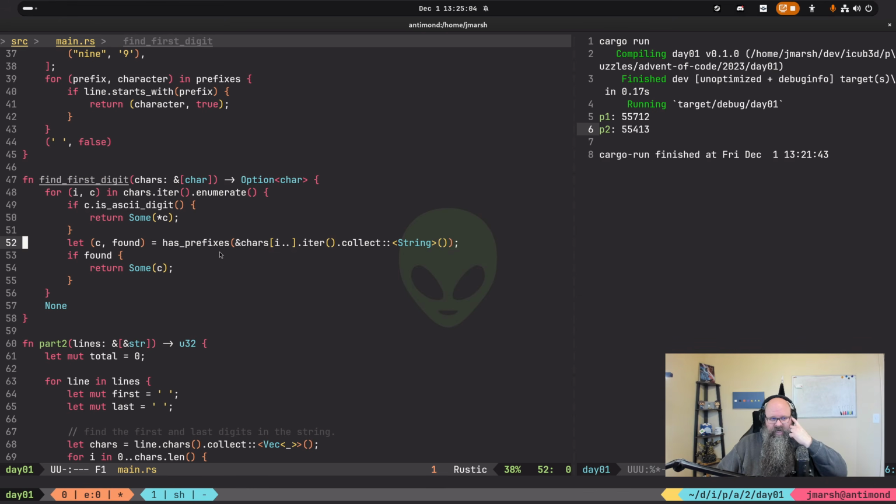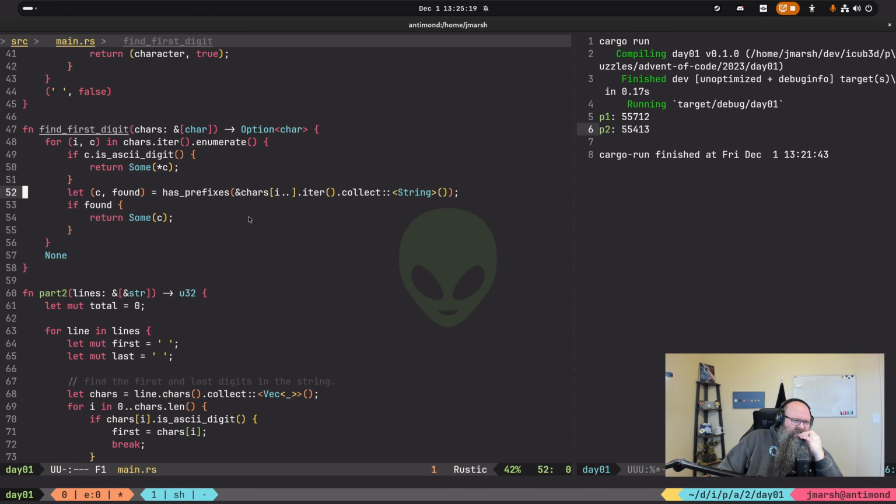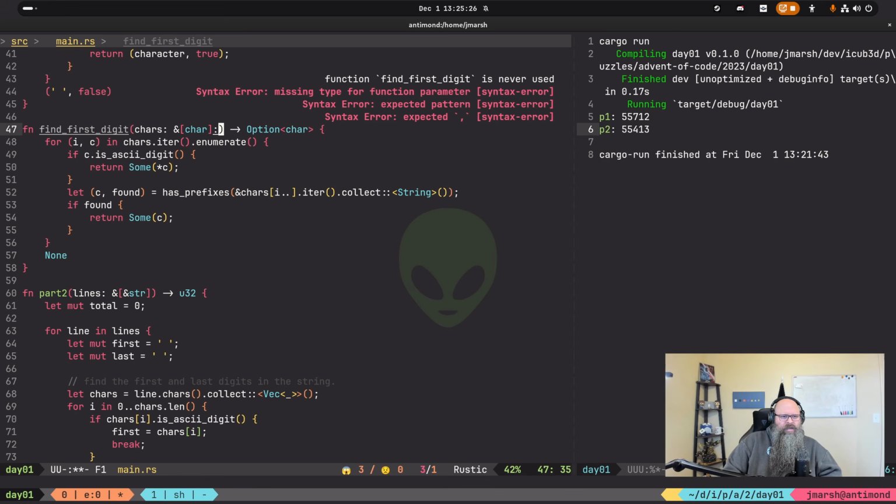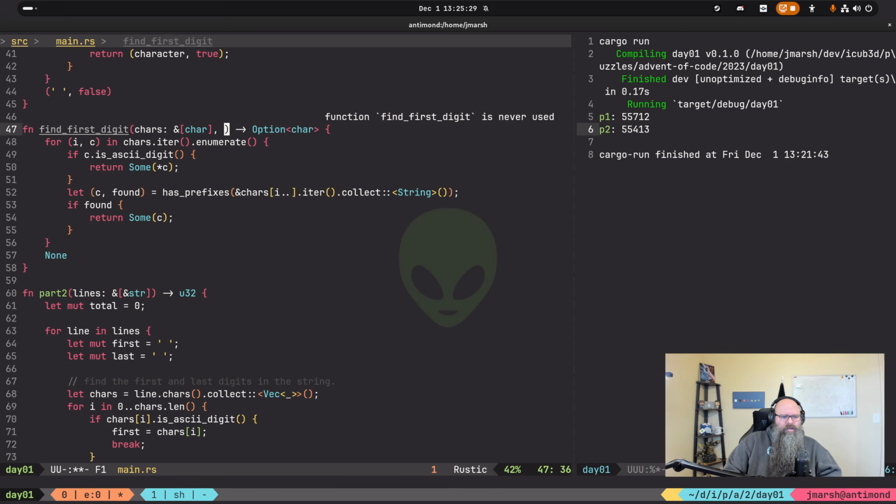Okay, so how does that change? So now I have this function that says if you give me a list of characters, I'll return the first one that is a number. It's actually not like that. I want the characters, and then I want a traversal, which is a list of usizes.